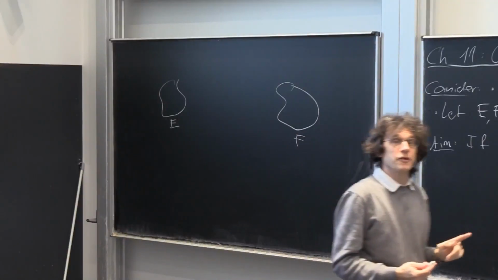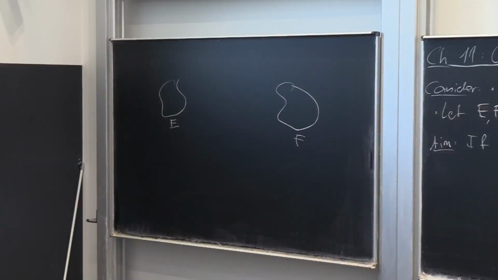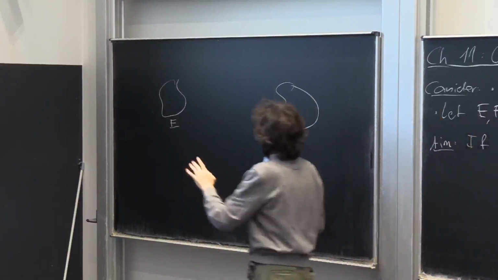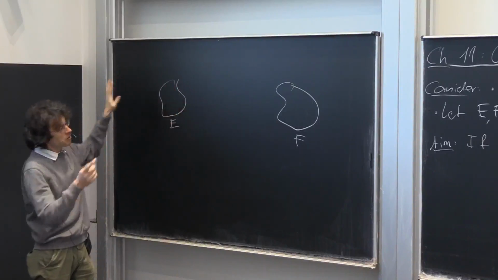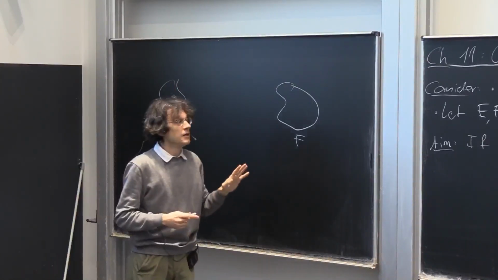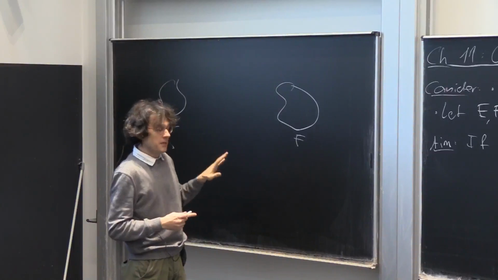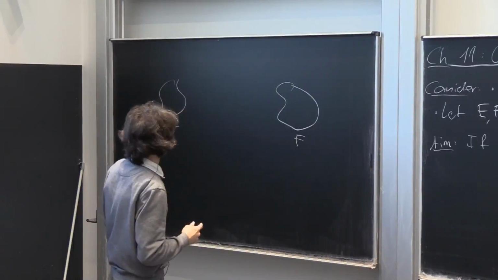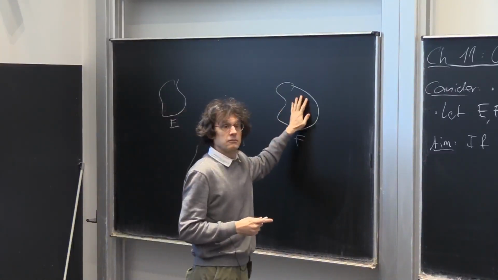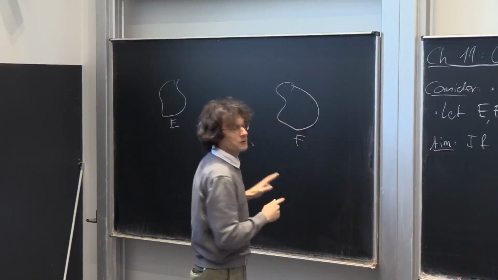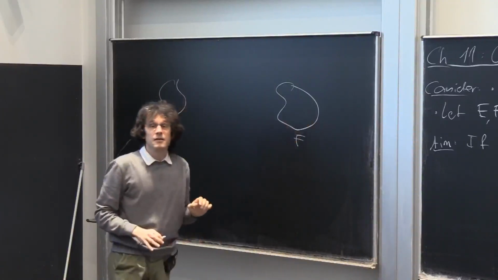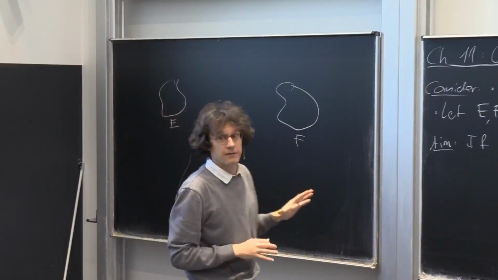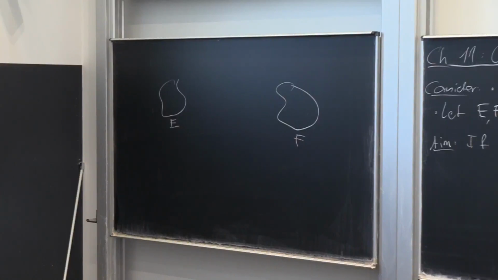This is no longer true for the resolvent of the operator. The resolvent of the operator is a non-local operator, so if you start with something that is supported here and apply the resolvent, you will probably find a function that somehow lives everywhere. And the question is, what is the contribution of the resolvent of u measured on F? We will find there's some decay: the more F gets away from E, the less contribution the resolvent gives on F. There will even be an exponential decay in the distance of E and F. And that is what we want to